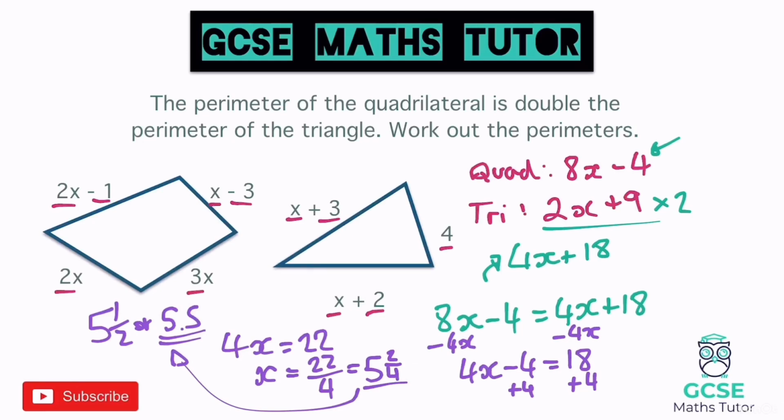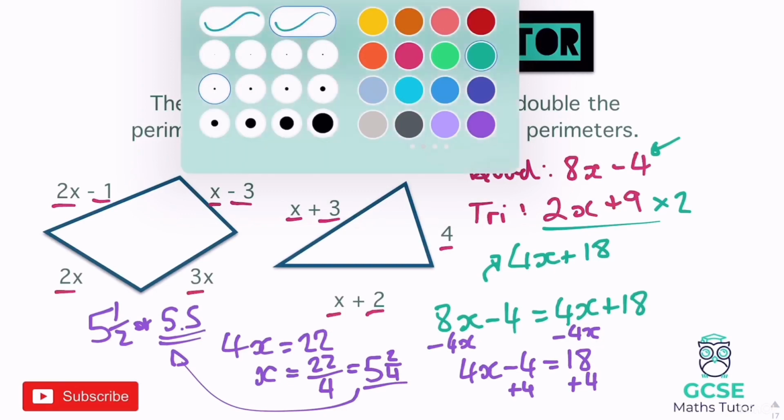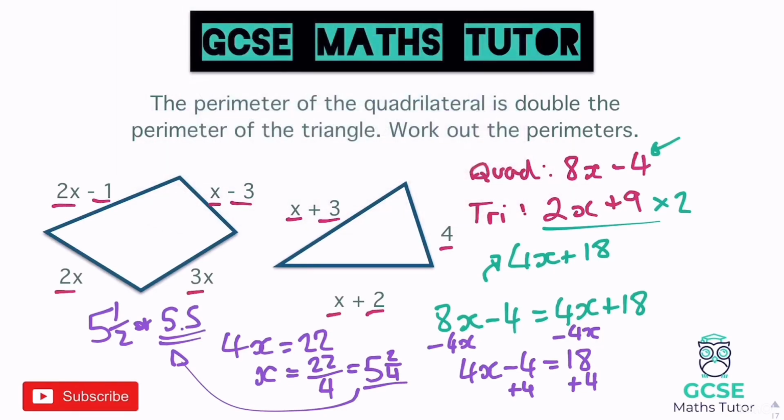Now it says to work out the perimeter of the triangle, so we can sub these back in if we want. So 5.5 would be here in place of this one, would give us 8.5. 5.5 on the x plus 2 here would give us 5.5 plus 2, which is 7.5, and then this one over here is 4. So if we add those all up, 8.5 plus 7.5 is 16, plus the 4 gives us a perimeter of